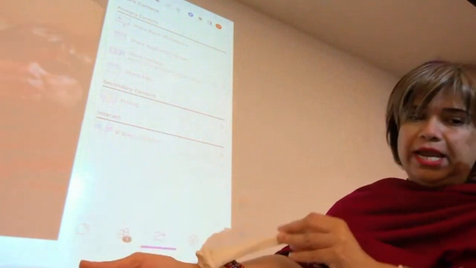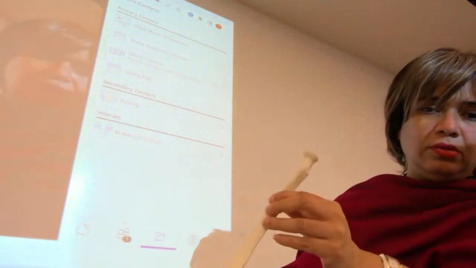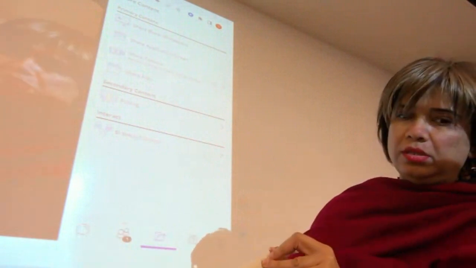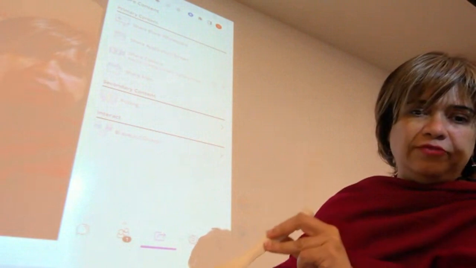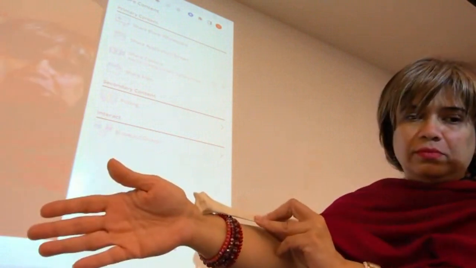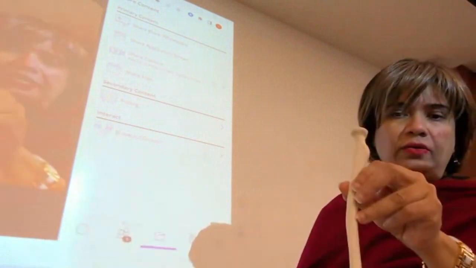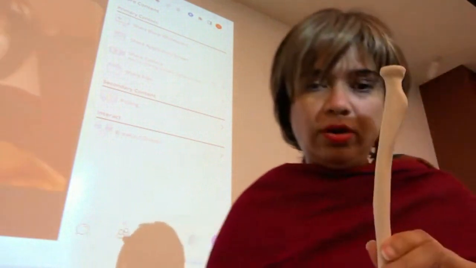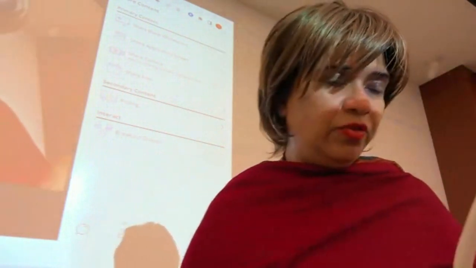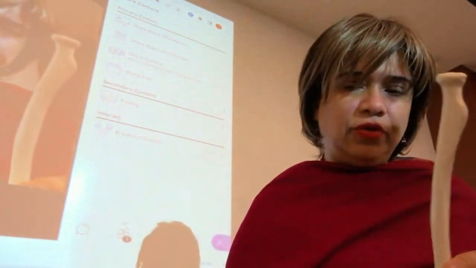And the head is up top. And your radial tuberosity in front. So this is my right arm radius. Okay, then